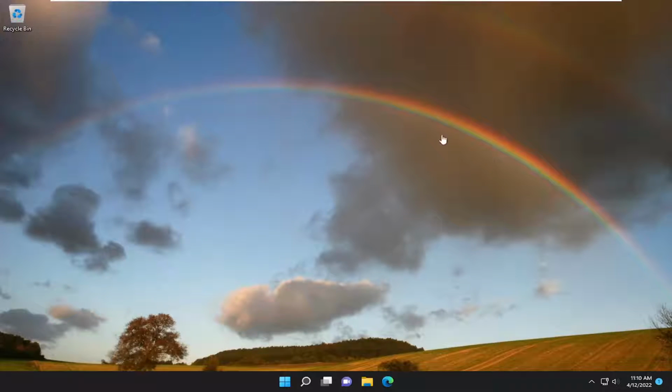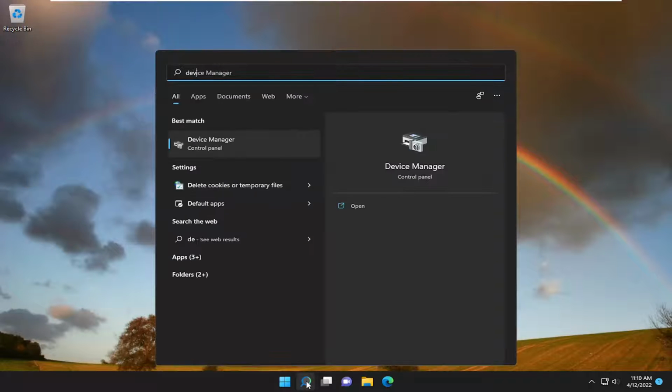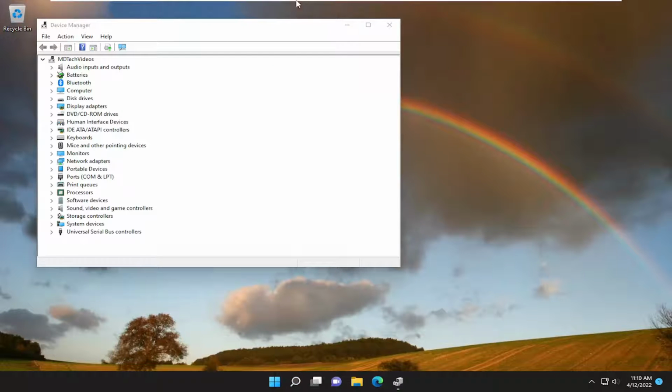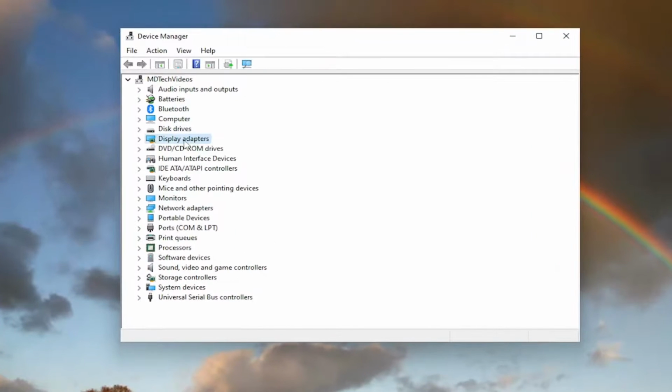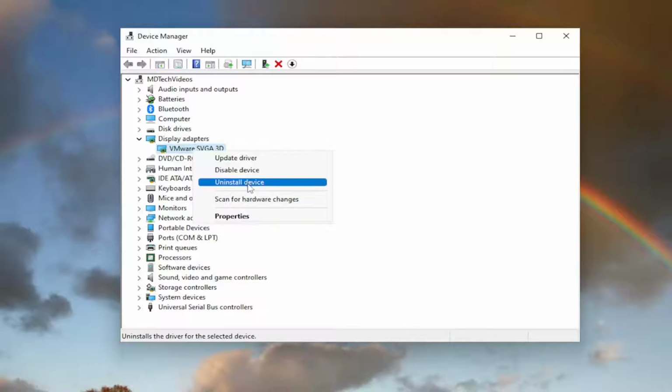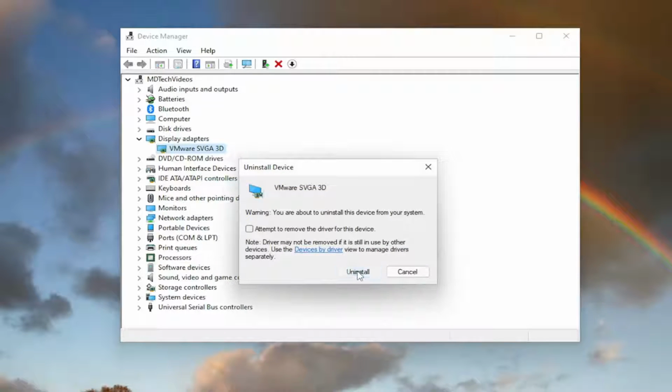We're going to go ahead and start by opening up the search menu, type in Device Manager. Best result should come back with Device Manager. Go ahead and open that up. You want to expand the display adapter section by double clicking on it, and then right click on whatever driver is listed under here, and you want to select uninstall device, select uninstall,